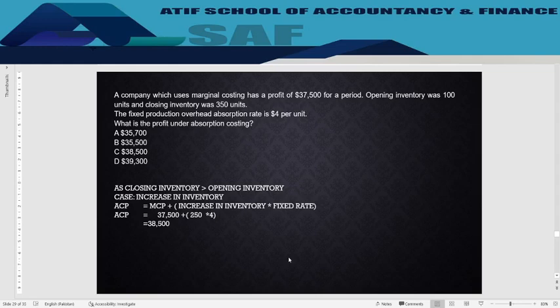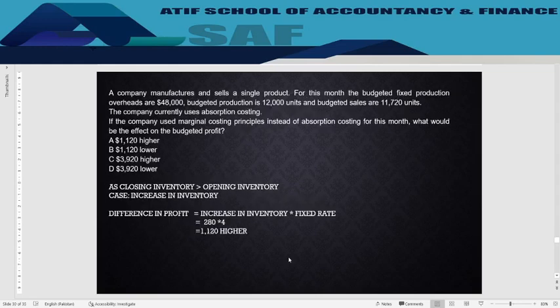Next MCQ, a company manufactures and sells a single product. For this month, the budgeted fixed production overhead is $48,000. Budgeted production is 12,000 units. So with the help of this information, you can calculate the budgeted fixed rate. And budgeted sales are 11,720 units. The company currently uses absorption costing. If the company uses marginal costing principle instead of absorption costing for this month, what would be the effect on the